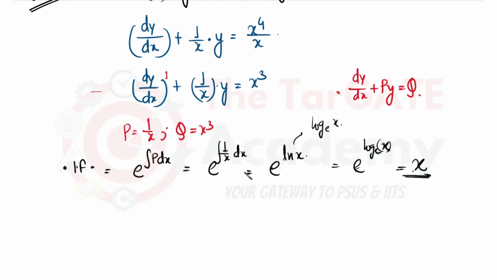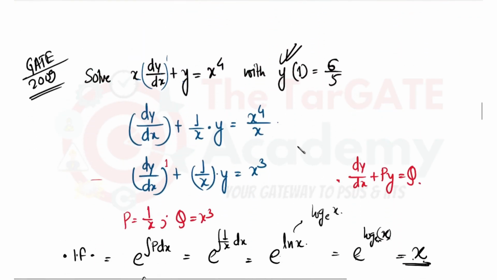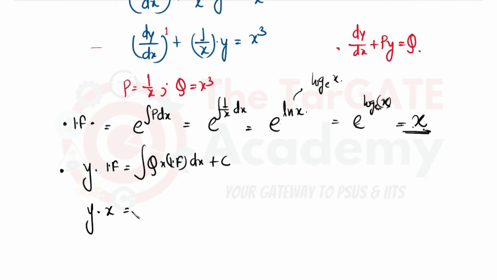If there is any doubt, let me know guys. So this x came, so what is the integrating factor? x came. Now in order to find out the solution, you will have y into integrating factor equal to integration of q into integrating factor dx plus c, and we'll find out c because I have been given the initial value, that is, at x equal to 1, the value of y is 6 by 5. So y into x, the value of q is x cube, guys, look, q is x cube into x dx plus c, which implies